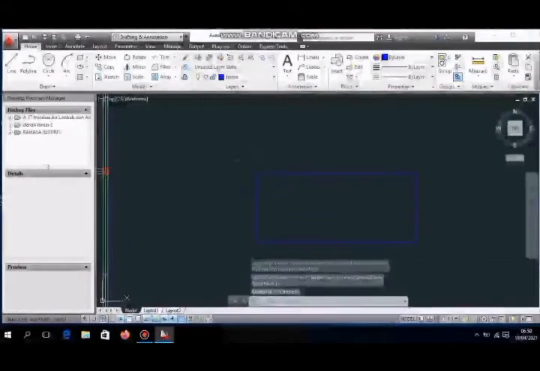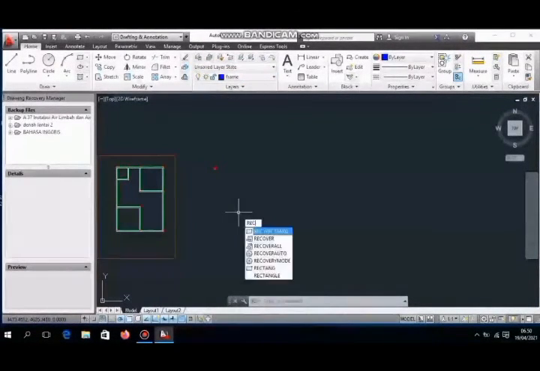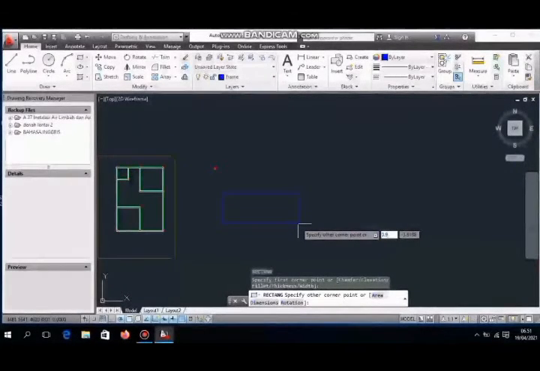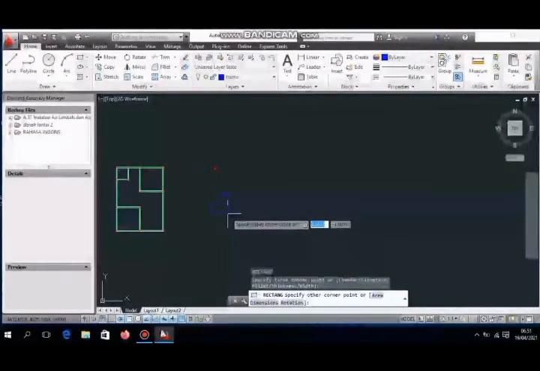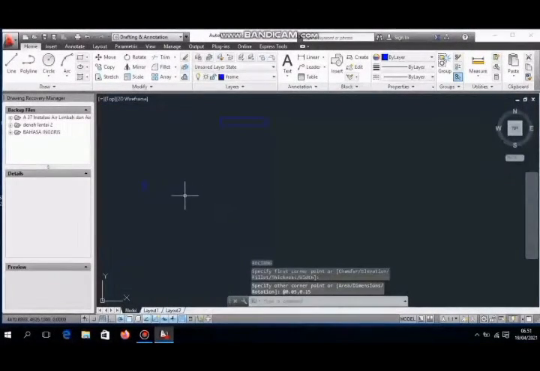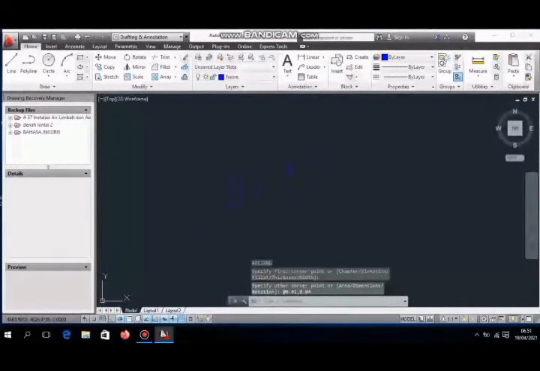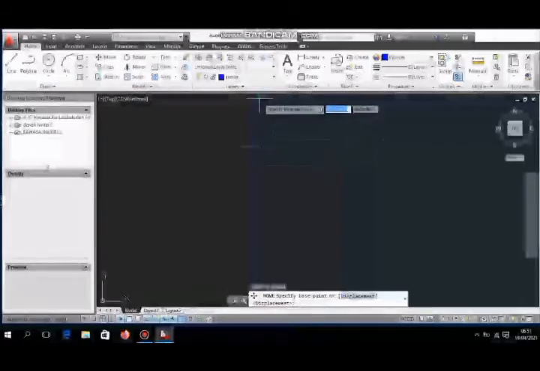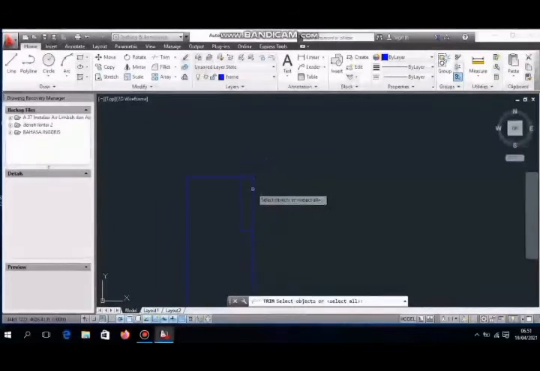Rectangle, input the size, then rectangle, input the size, rectangle, then we move in here. After that, explode.